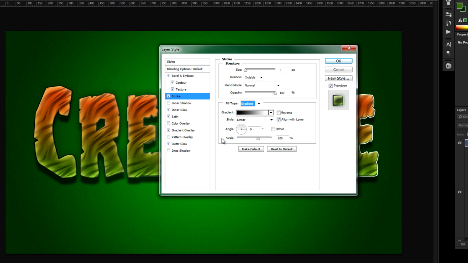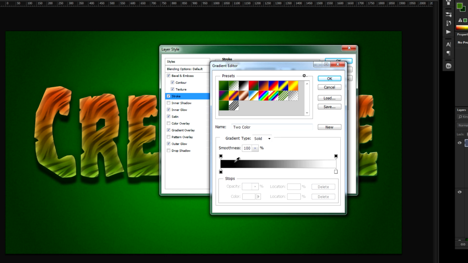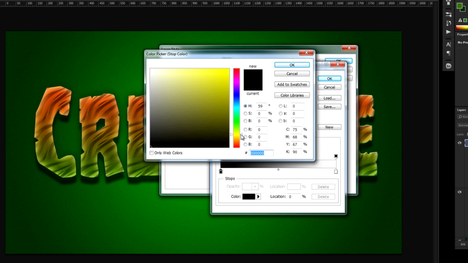And for this stroke, we're also going to go from an opaque to a transparent color. So we're going to go ahead and change the size to 1 pixel and position that inside. Blend mode is normal, everything else looks good, but let's go ahead and click on our gradient slider. And let's pick the same color yellow for both. So I'm going to pick kind of a brighter yellow,